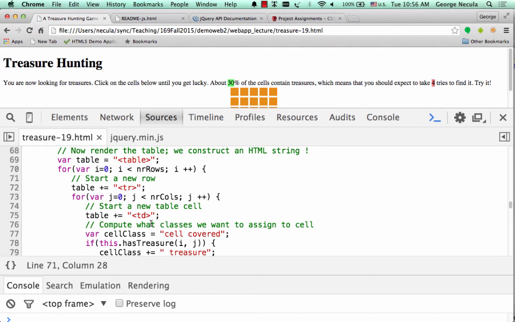It keeps appending, so plus equal, that's how you concatenate strings. For every row, it adds a tr element. And if you know HTML, this is how you construct tables. Table, for every row there's a tr element. Inside the tr element, for every cell, there's a td element. Okay? The little trick that I'm using here,